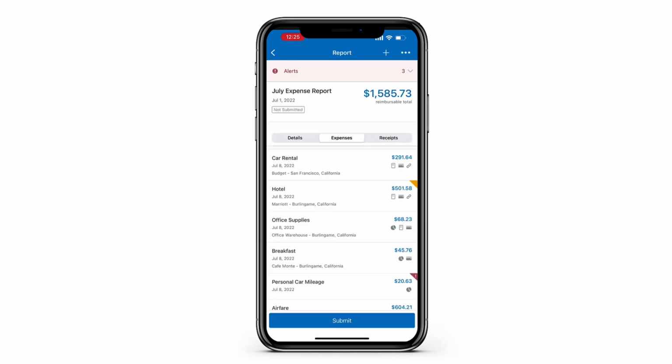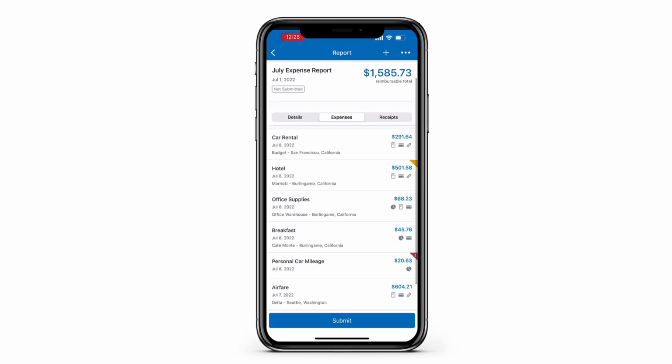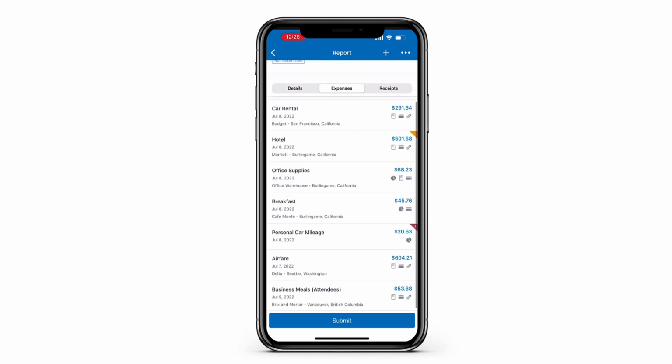So here you can see I have, on this singular expense report, 2 different payment types. I have some card charges as well as out-of-pocket charges. That card icon means it was a credit card expense and it matched to that receipt. So you can have both an out-of-pocket transaction and a credit card transaction on that expense report, and Concur is